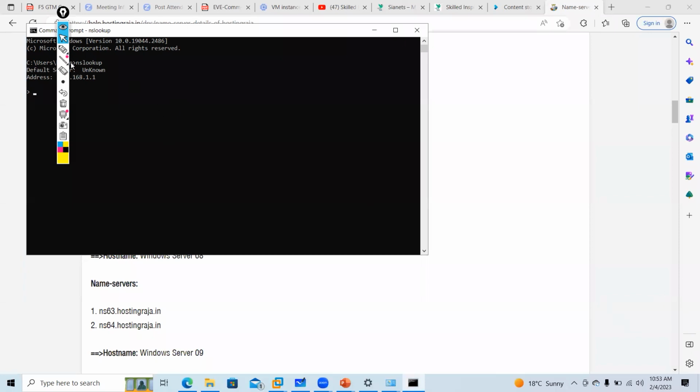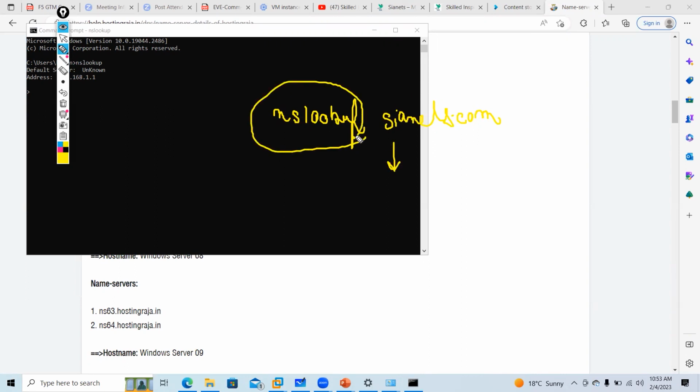For DNS resolution, guys, how to verify the IP address of your website, you need to run nslookup sianets.com. If you need to find the IP address of your website, this is the tool, nslookup. It will help you to translate a domain name to an IP address.